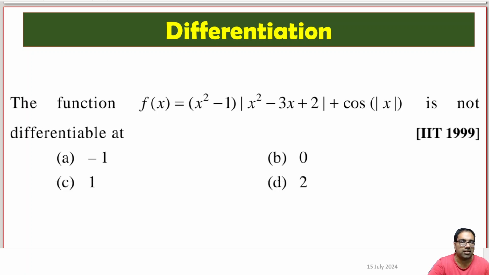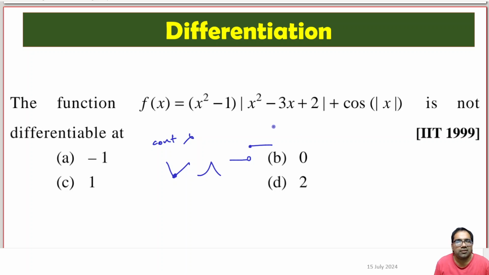We have this function f of x equal to x square minus 1 times absolute value of x square minus 3x plus 2 plus cos of, again, absolute value of x. This function is not differentiable. Right? So for a function to be not differentiable, either it should not be continuous, continuity might be breaking, or there are some sharp edges, sharp spikes or some breaks